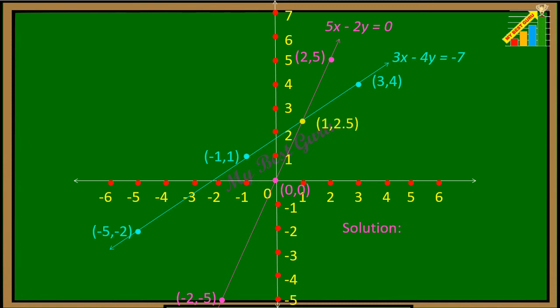Just draw the line for this. So you got the line and write down the equation: 5x minus 2y is equal to 0. Now these two lines are meeting over here. So the coordinate of that meeting point is